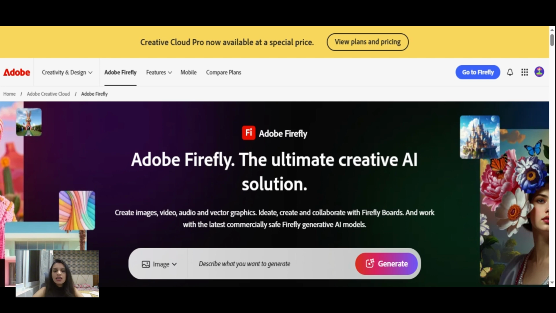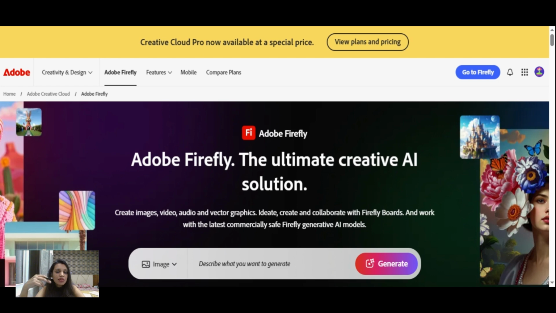Each of these AI tools is trained on different data sets and information. So I'm pretty sure the results will not be the same, but they may be a little similar or maybe completely different. So let's try this one prompt, which I found randomly on Instagram, and let's see.